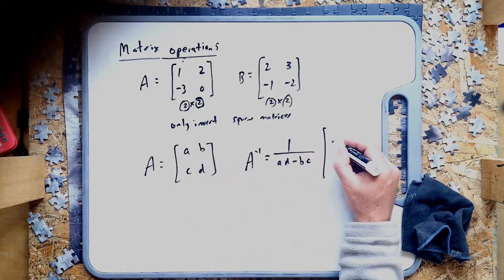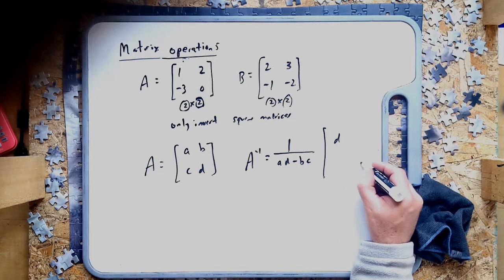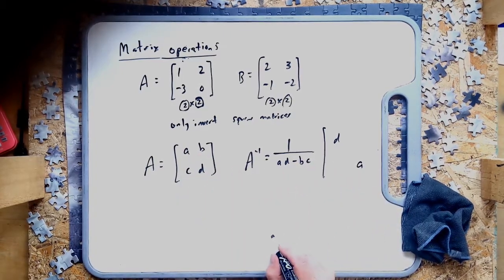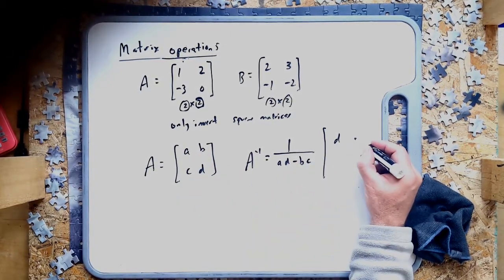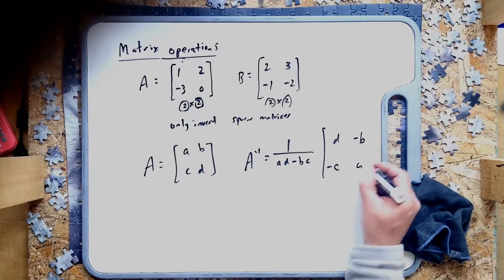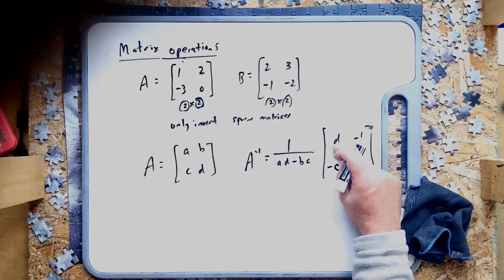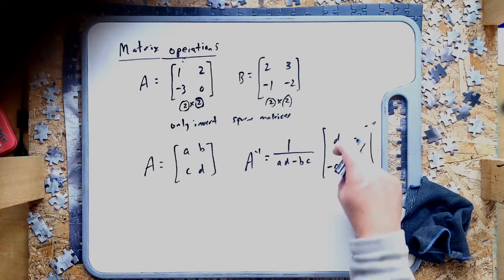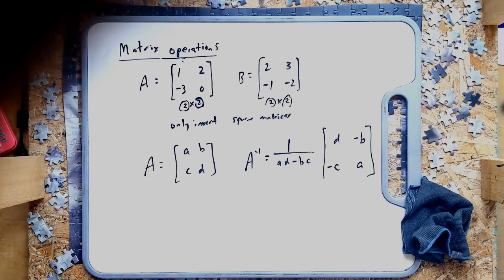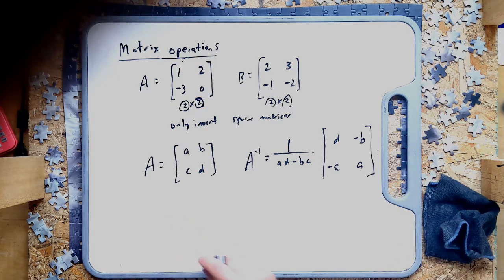You swap the D and the A, so it becomes DA was AD. And then you change the signs, but do not swap the other terms, like so. So ABCD becomes D, negative B, negative C, A. Flip these two, make these two negative, or change the sign of them. Okay, so let me apply that to our matrices up here,